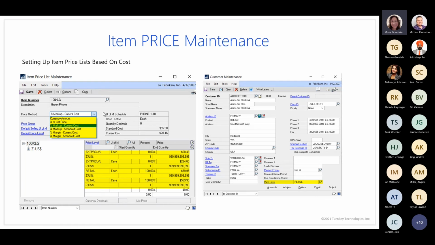And once you've set up all of those item price lists, you then can go over to the customers that you have set up in your system and specify which price level you use for that customer. So in this example here, Aaron Fitz Electrical is a retail customer, and so whether they're purchasing an each or a case and based on the quantities, then I have a certain percentage of markup